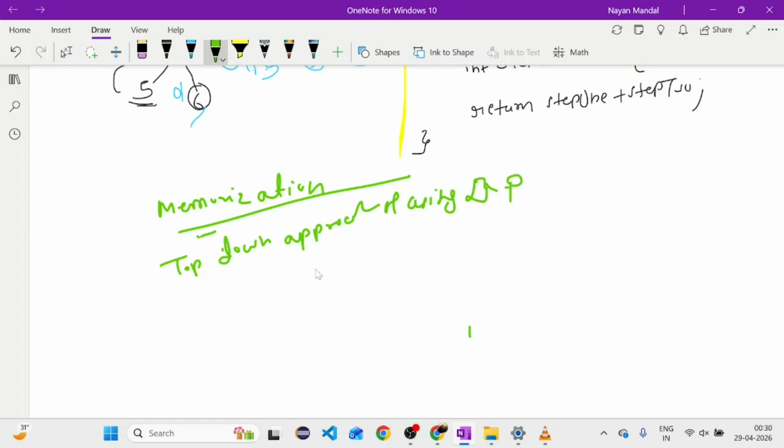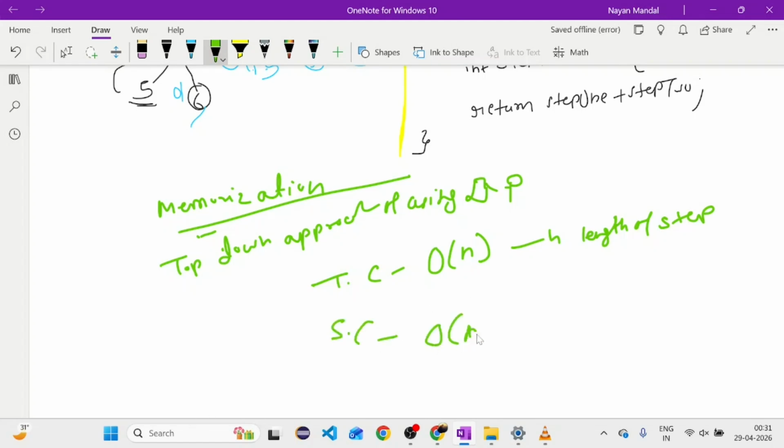If I talk about the time complexity, as every step we are calculating once, the time complexity would be order of n, where n is the number of steps. If I talk about the space complexity, it would be order of n plus order of n. Why this n? Because here we are solving through recursive calls, so due to that, this is the stack space where at max we are storing n calls, and this is the DP array which we are using.